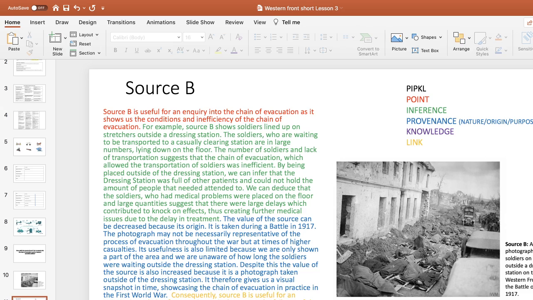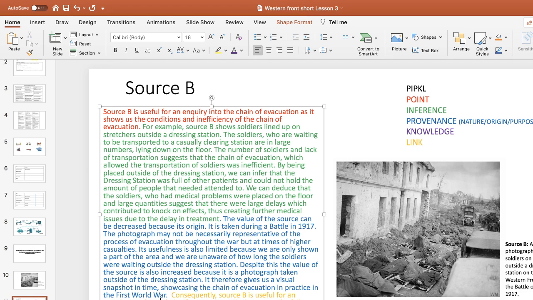Despite this, I then go on to say actually it is useful. The provenance does make it useful. You can stop there and say it's decreased, but you can also argue it's increased. Despite this, the value of the source is also increased because it's a photograph taken outside the dressing station. It therefore gives us a visual snapshot in time. Nice little phrase there when you think about photographs. Showcasing the chain of evacuation in practice in the First World War. So that's our provenance. Consequently, source B is useful for an inquiry into the chain of evacuation,